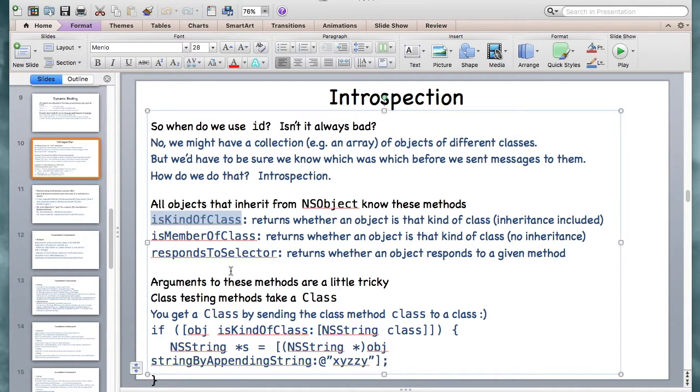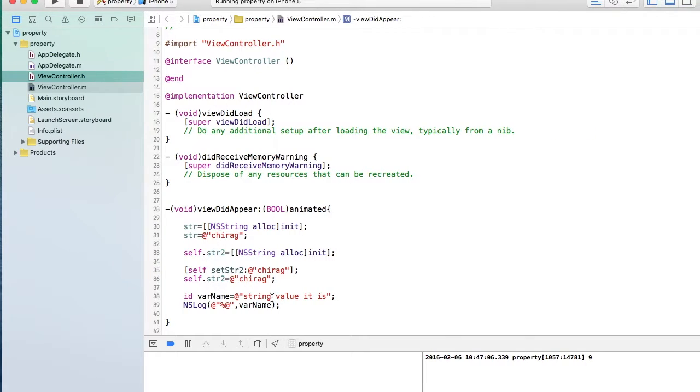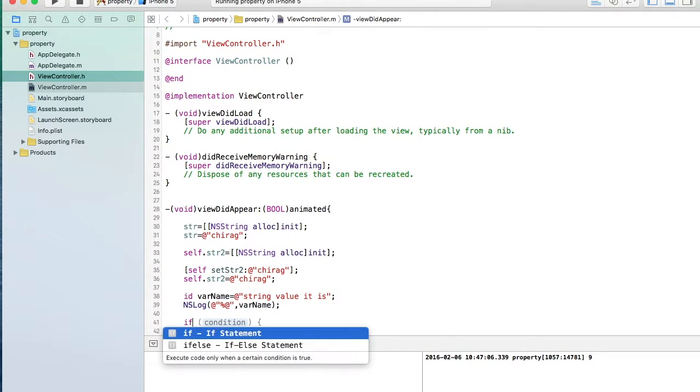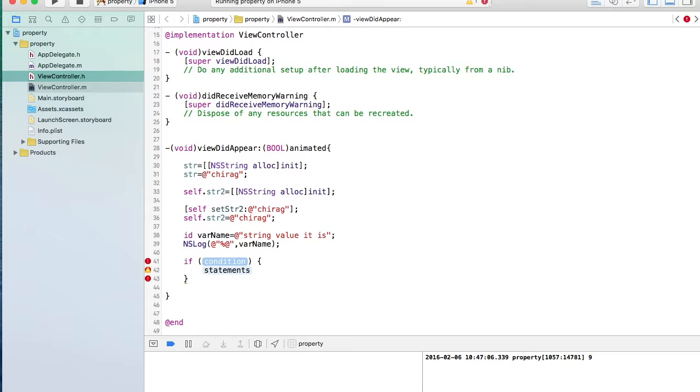And now let's try to call some methods on it. It's kind of class, respond to selector. Let's have an if loop and then say name, and we are calling a method on this instance now. So we open the square brackets and say kind of class, and that's how you do it. So now it's NSString class. This is the syntax to check that it is of type NSString, and then you print out